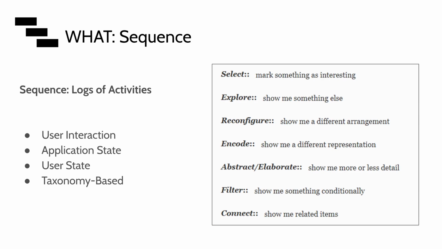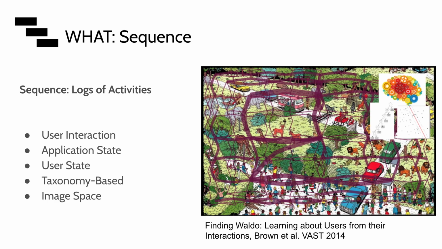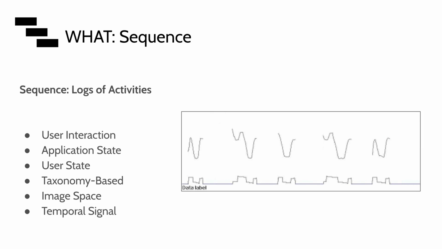Instead of logging individual user interactions, such as button click, higher-level semantics can be recorded to provide semantically richer provenance, for example, using the interaction taxonomy by Gotz, Zhou and others. Similar to logging application state, in visualization, a user's browsing behavior in a large 2D canvas can be recorded based on what parts of the canvas they are viewing. This type of logging is often applied to map visualization. A user's interaction can be treated as a continuous stream of events. As such, temporal data analysis methods can be applied to find patterns.